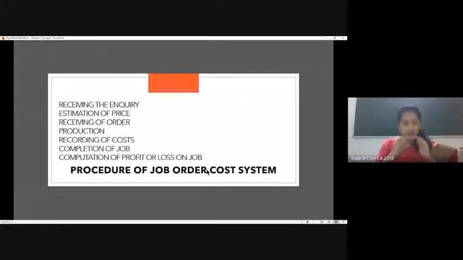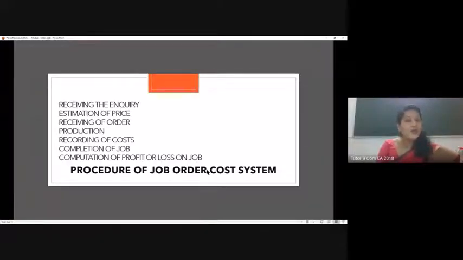Here, what you have to understand is that you really have a product specification, and that product specification is placed with the manufacturer and the production happens as per the job requirement. That's how it happens in case of a job order costing system. Now, why do we discuss this? We need to learn how recording of cost happens in a job order costing system. That's why we are discussing all these.